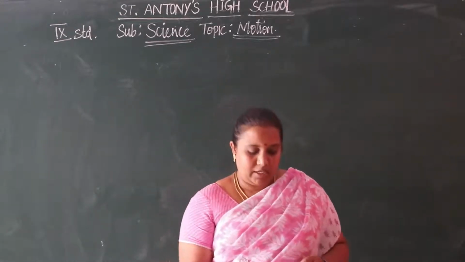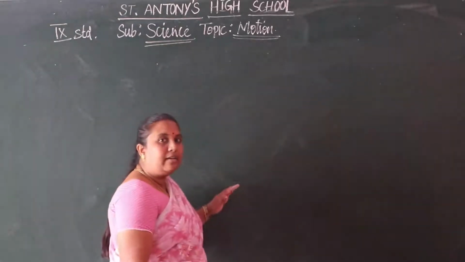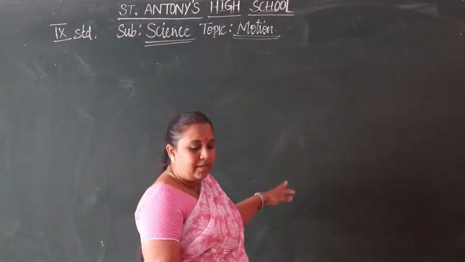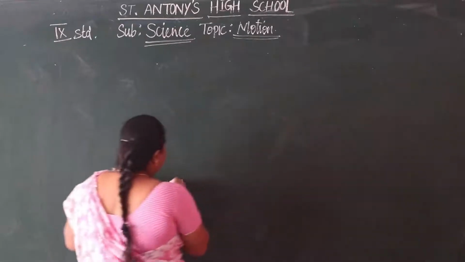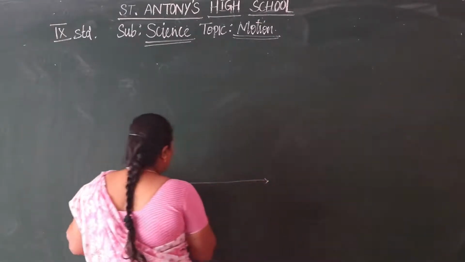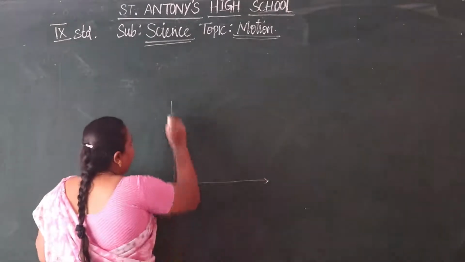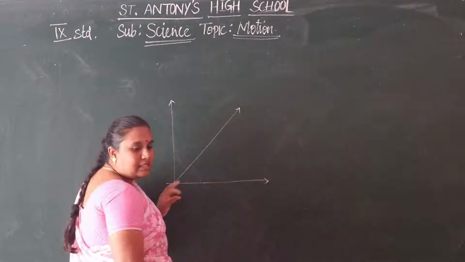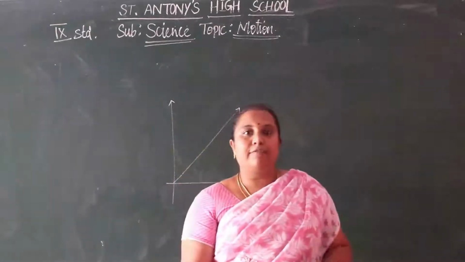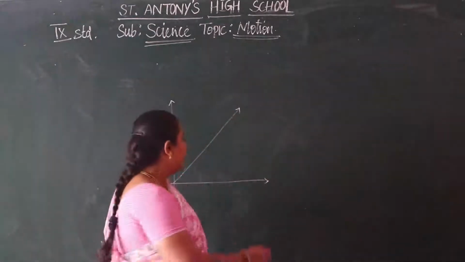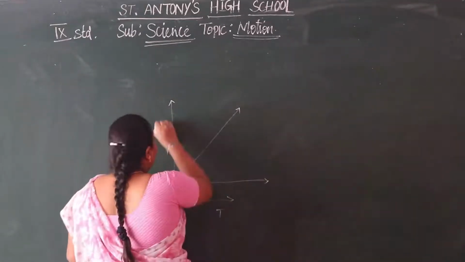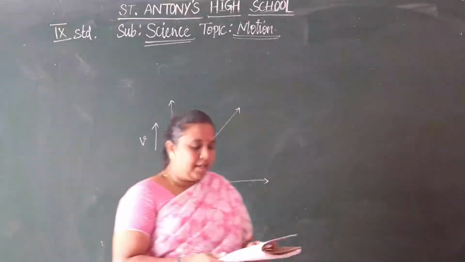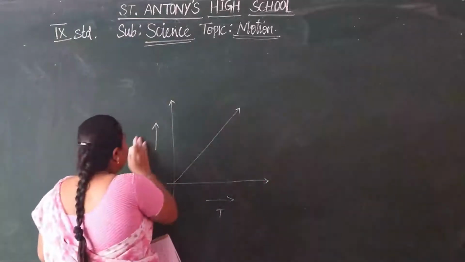S by T. I already told you, based on the speed of the body in motion, we can take it like this. In graph sheets I will show you, in the notes. Now we can see the rough diagrams. See here, this is a distance-time graph. We can take time taken on the x-axis, and on the y-axis we have velocity, that is the speed of your body.